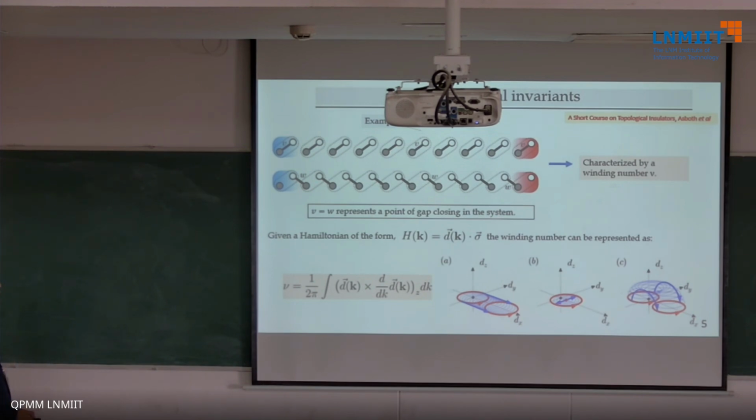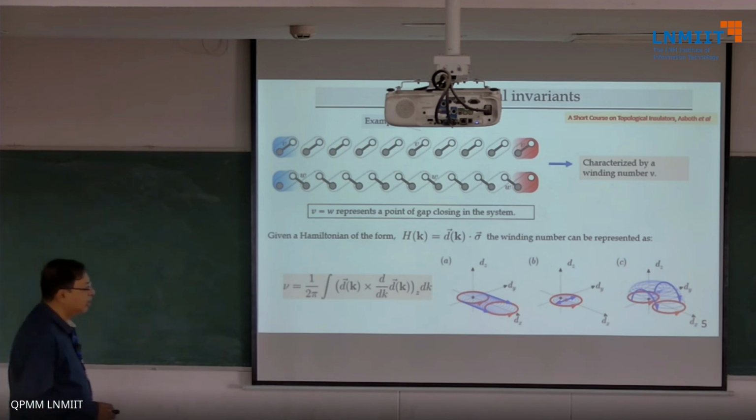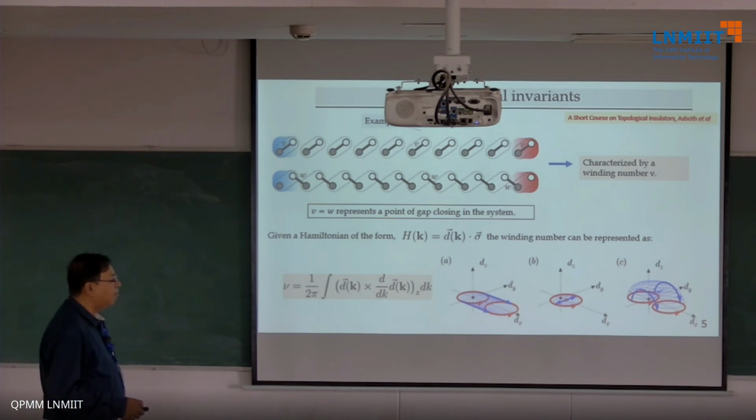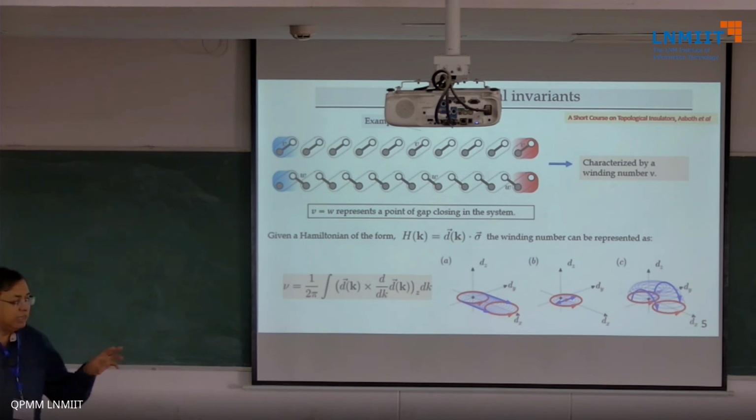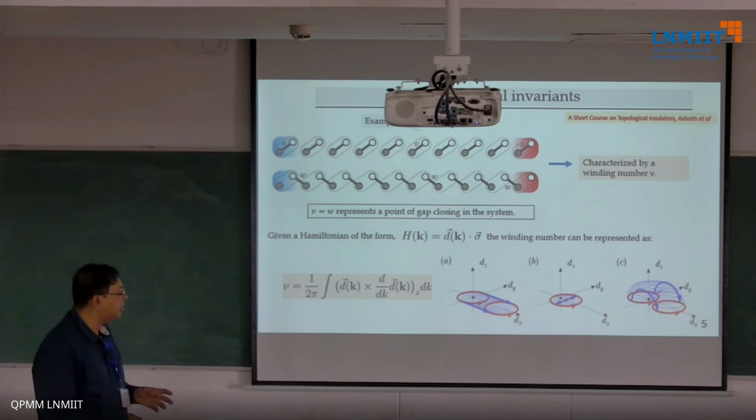And why it would be very difficult to define a topological insulator if you have sigma z also. In this d dot sigma, you have one of the components missing. In this particular case, the dz component is missing, so sigma z is not there. Suppose you have this sigma z, then it's very difficult to do this characterization, because this red circle here can go out of the plane and become this red circle.